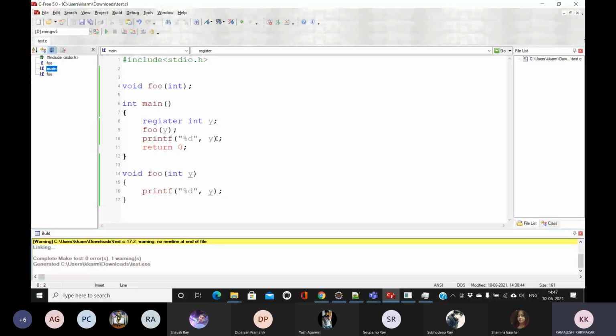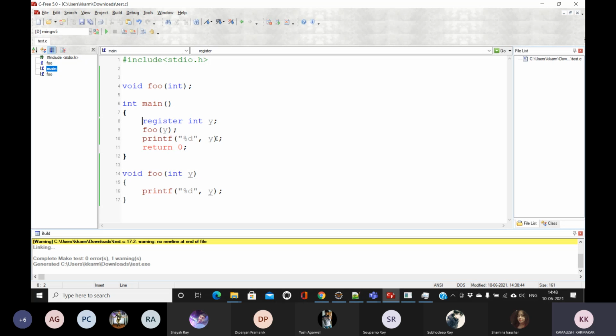You are not reading only this subject, so it's not possible that you will keep this book on your table every time. If your table is free, you can keep this book. So we are just instructing the system to try to keep this value in a register, but we can't ensure that the variables you have declared as register variables will be allocated in registers. We can't ensure it. So this is the case.